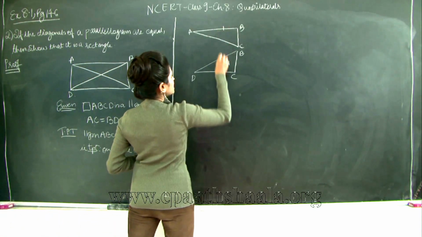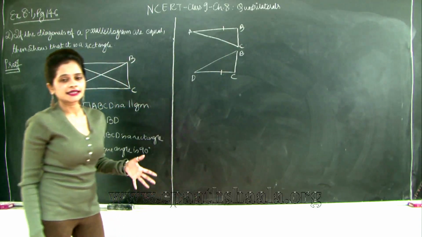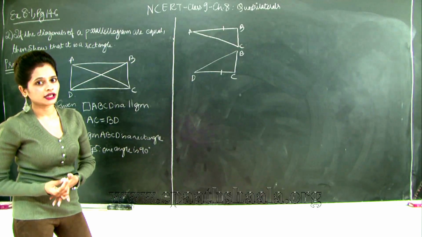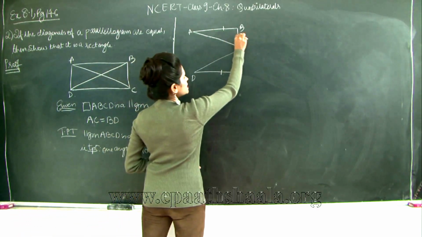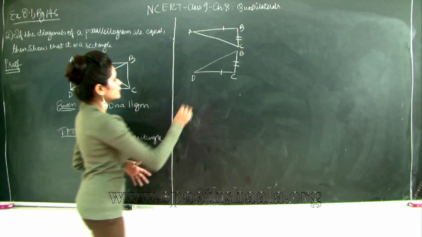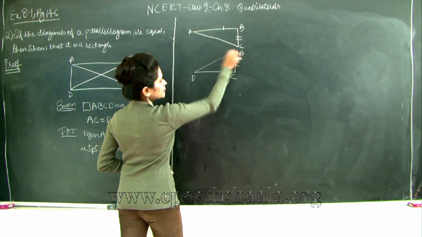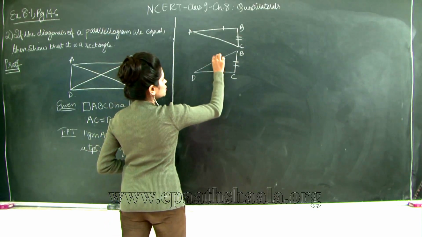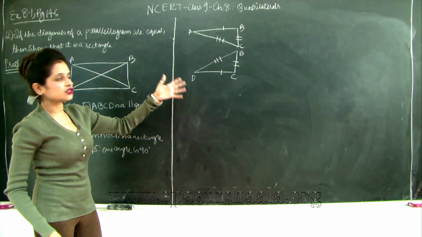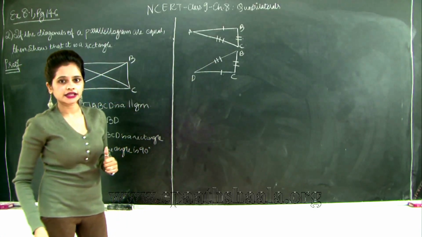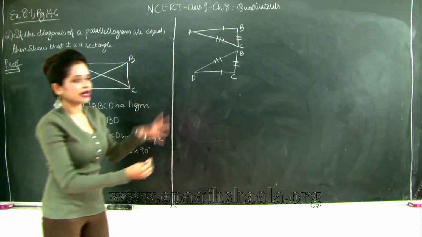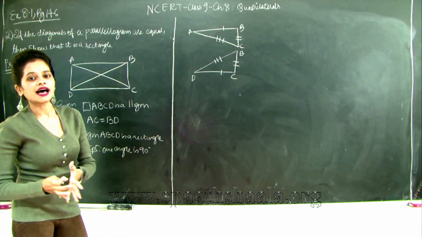First of all, I have AB is equal to DC because they are opposite sides of a parallelogram. We know that opposite sides of a parallelogram are parallel and equal to each other. Also, this is the common side, so BC is equal to CB, and we have been given that the diagonals AC and BD are equal to each other. So, therefore, what can I say? That triangle ABC is congruent to triangle DCB by SSS test of congruence. So, let us write this test of congruency first, and then we will see how we are going to prove the parallelogram as a rectangle.